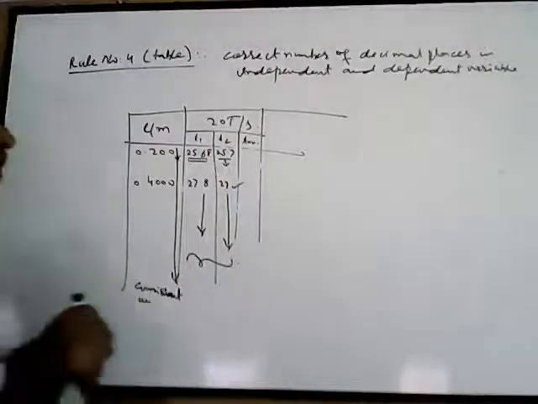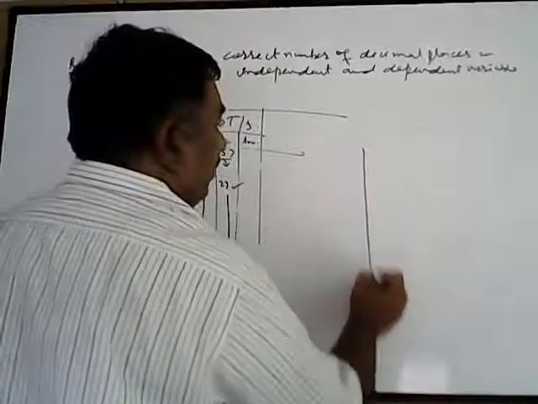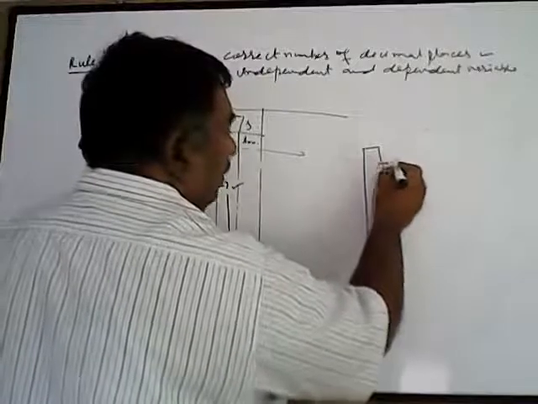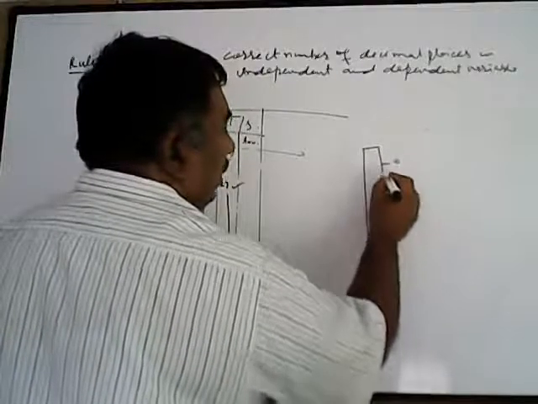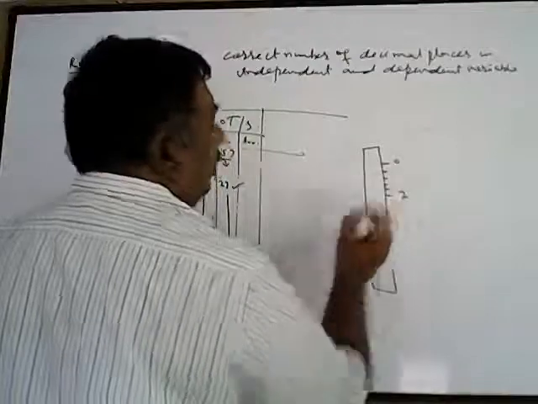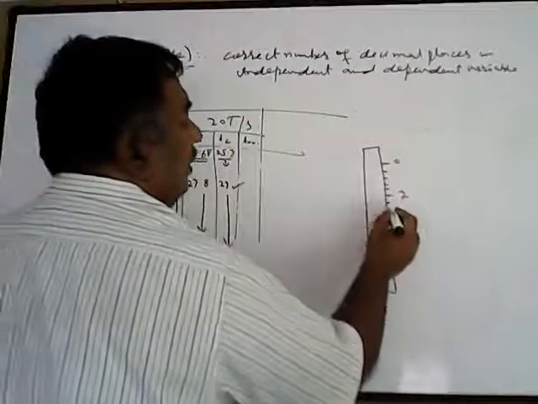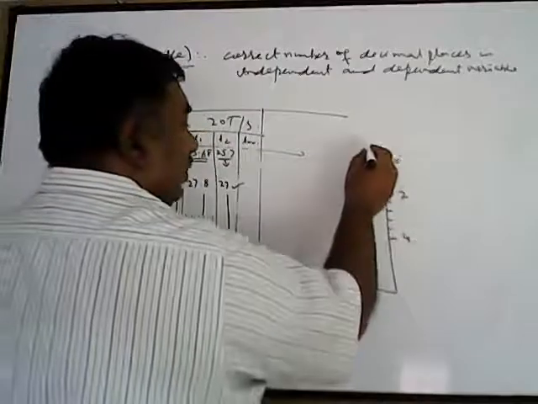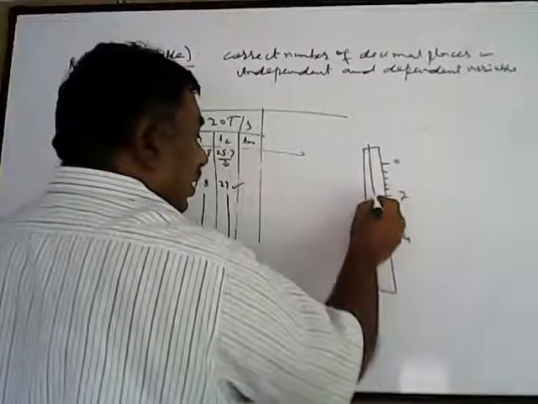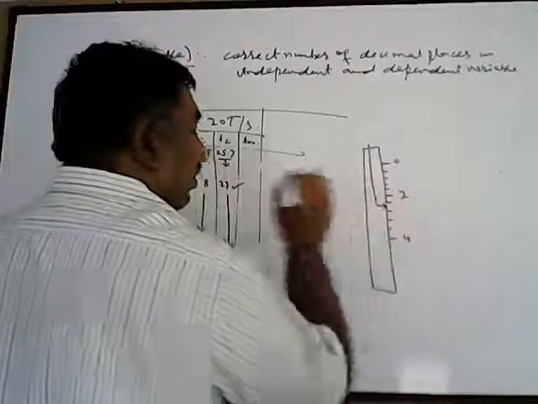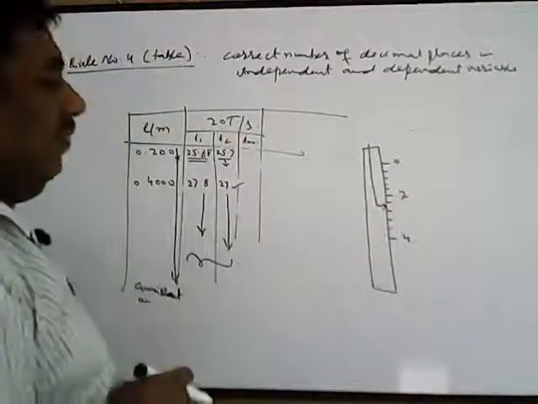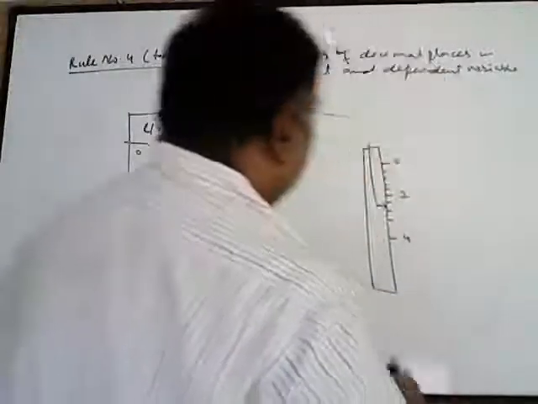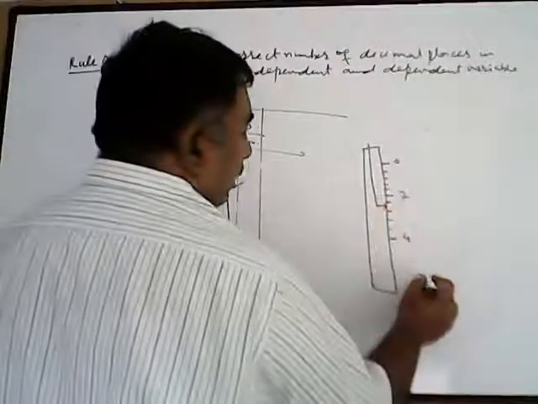Now, for example, you cannot read by the naked eye. Suppose you have a Newton meter like this one, a Newton meter starting at 0. This is, suppose, 2 Newton, with 1, 2, 3, 4, 5 intervals. Then this is 1, 2, 3, 4, 5. This is, suppose, 4. Now suppose our instrument is here. Now there is no calibration line. You will take the exact value, and suppose this is in Newton.